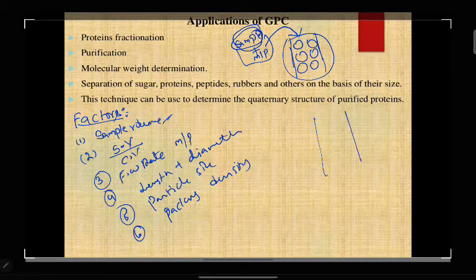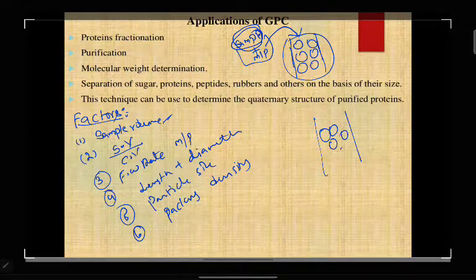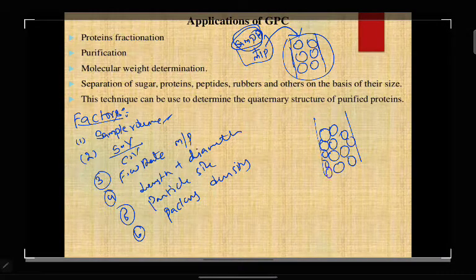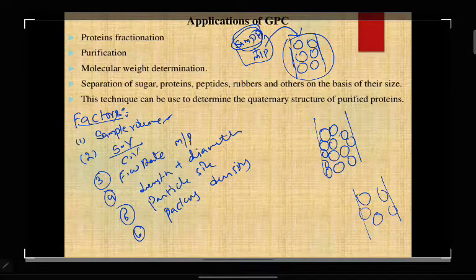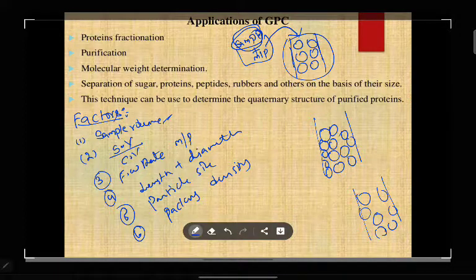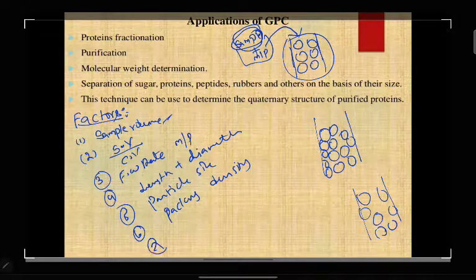Packing density, I mean how you are filling the packing inside the column, whether more densely or loosely. Either in a loose manner or in a free manner you pack your column; that also will affect. Then the seventh parameter, pore size.